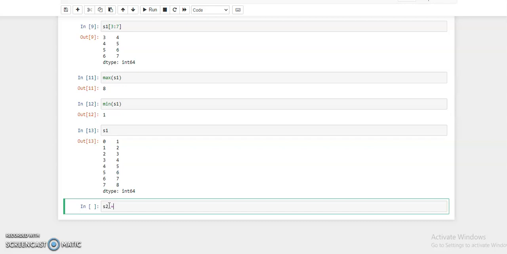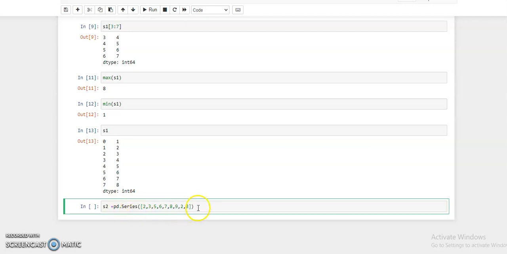S2 equals pd.Series, and suppose 2, 3, 4, 5, 6, 7, 8, 9, and then the index 2 and 3, suppose this.